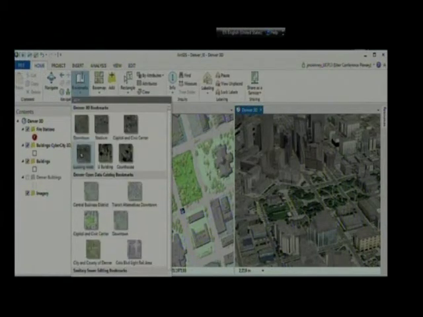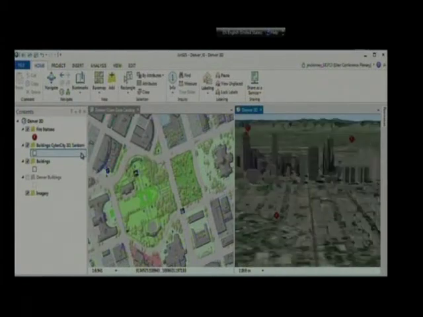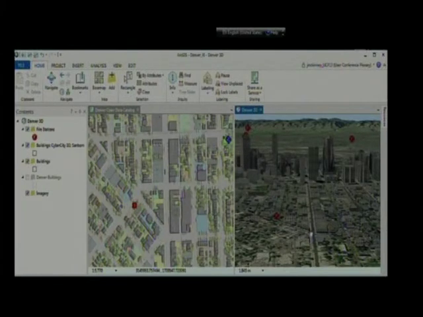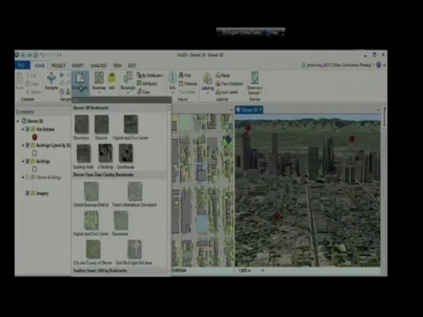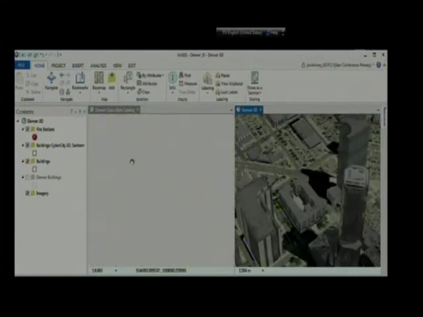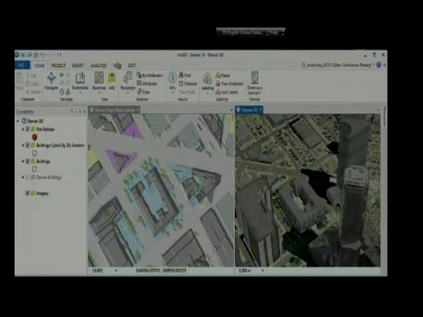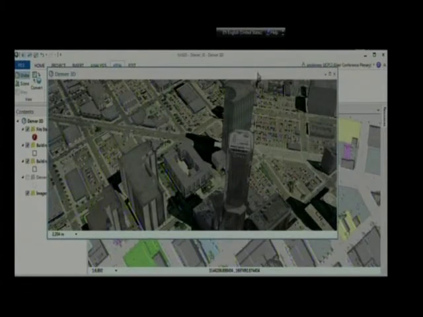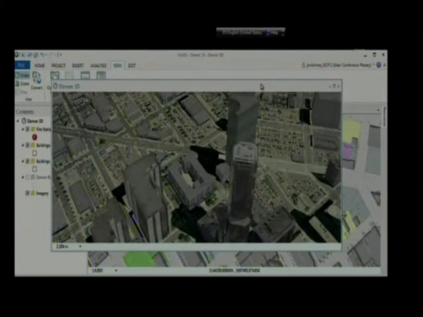Let's take a look at some other views. This is looking west out over Denver towards the Rocky Mountains. Notice this intersection right here where we have 5 streets coming together. And another view of a very unique building downtown, happens to be a courthouse. So, interactive linked 2D and 3D views. If I want to unlink them, I just unlink them. And also, any view inside this application, you can float it, and you can drag it to another monitor for independent use. You can minimize these, or you can just close them.